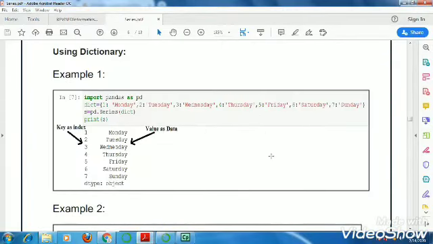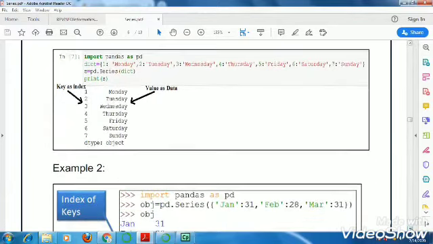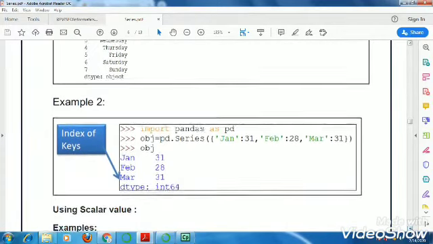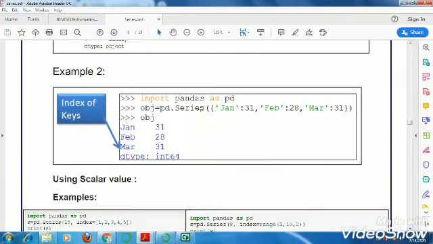Now you can see this complete example here. The dictionary has all the names of 7 days, and keys are used as index and values are used as data. One more example is there. Here, in case of creation of series, instead of creating a dictionary object, simply we have passed the dictionary here. That means we have written the full command for creation of the dictionary here, and this is also a way using which you can create a series using dictionary.